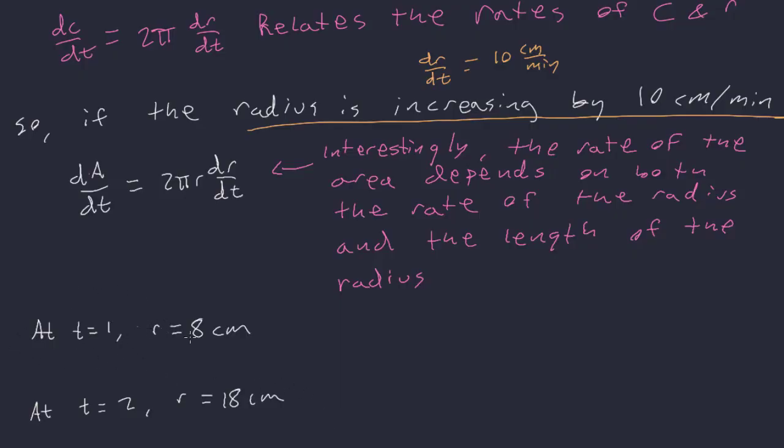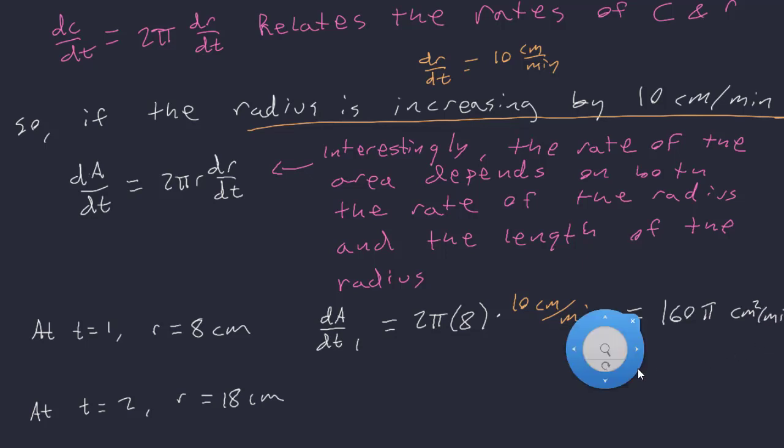We already looked at the previous example when, say, at t equals 1 minute, the radius is 8 centimeters, and at t equals 2 minutes, the radius is 18 centimeters. So in these two cases, we're going to get two separate answers, because the rate of the area at t equals 1 is going to be 2 pi r, which in this case is 8, times the rate of change, which we're still assuming is 10 centimeters per minute. So this is going to be